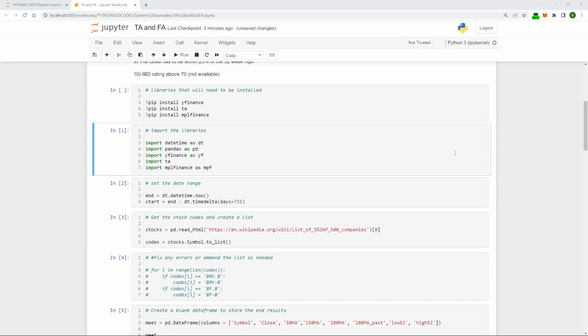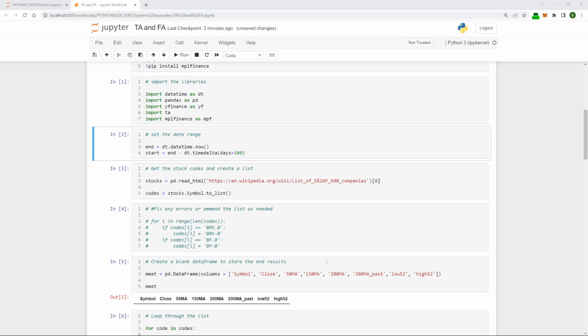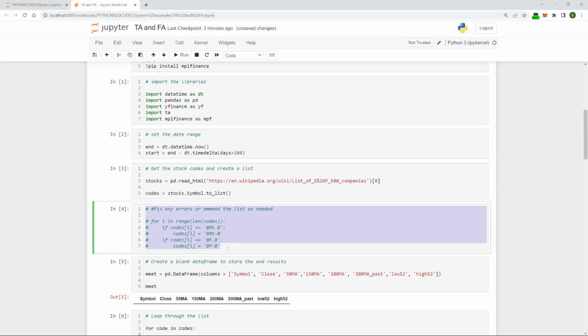Okay, a couple of other things. Let's cut down how much data we're downloading by changing the days from 731, just basically 2 years, to, say, 380, just as long as it's a little bit longer than 365. Now also, if the fix error cell is commented out, we just want to uncomment by highlighting everything and hitting Control-slash,